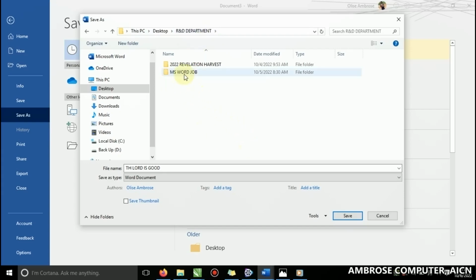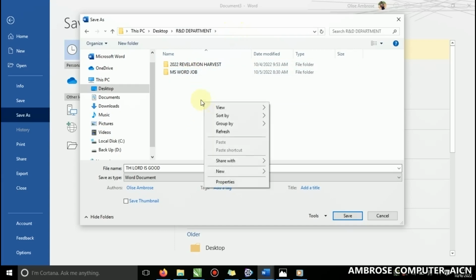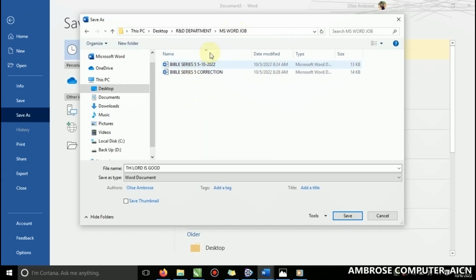If I continue to open the subfolder that I'm channeling the job to, maybe I open it again, and I save the job here. I can decide to save it with, let's see, Carol Song